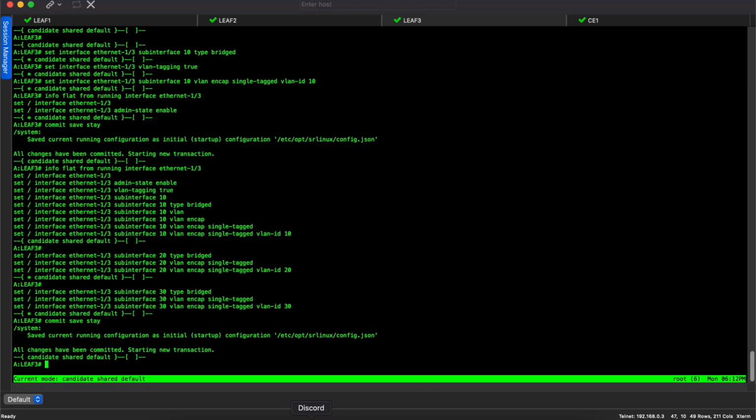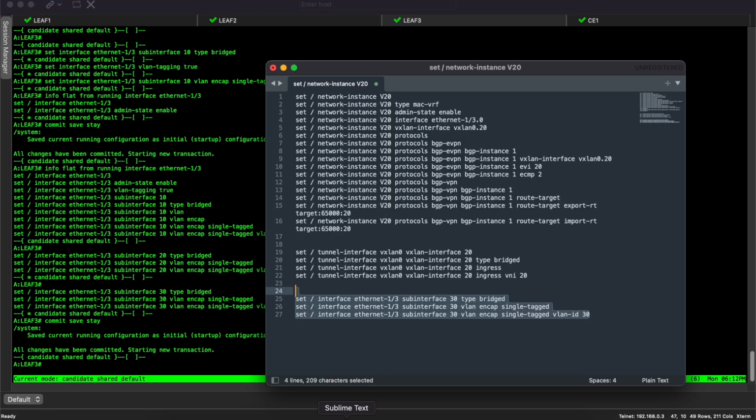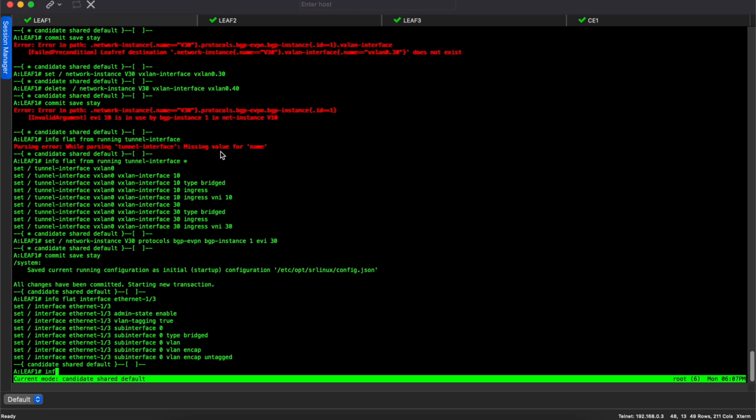Now let's add the configuration for the VLAN 30. Actually, we can make it also simple. We can copy directly from here, info flat from running